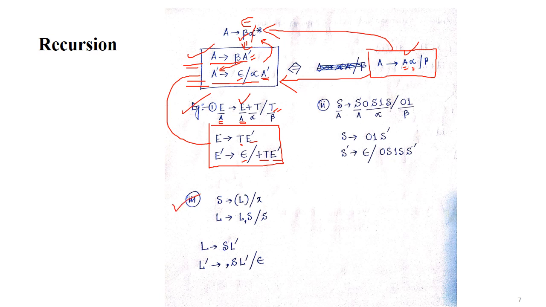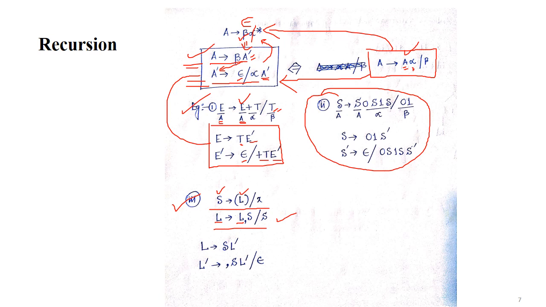Let's take this third example. You can do your second example at your home. So in the third example, you can see in the first production we don't have any left recursion. This is my start symbol, this is L. So S and L both are not same. You can say there is no left recursion. But in the second production you can see here also I have L, here also I have L, and L is present in the left hand side. So we can declare this is a left recursive